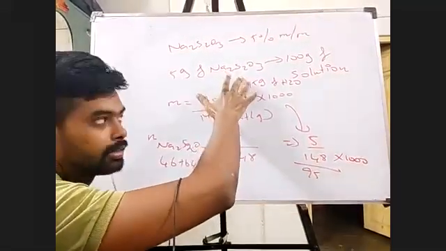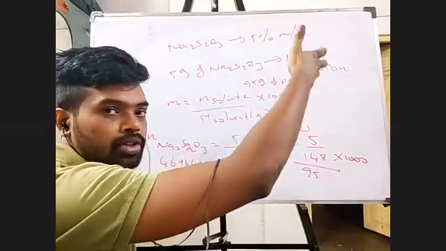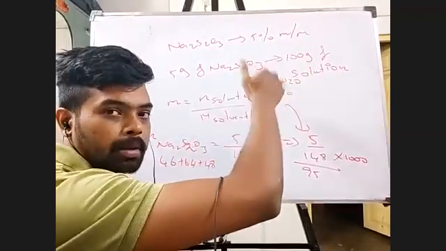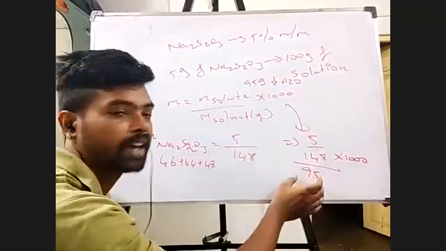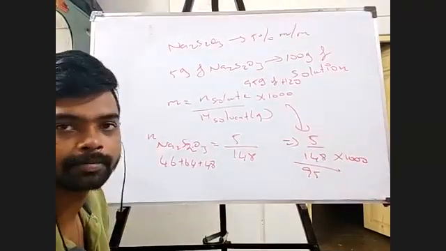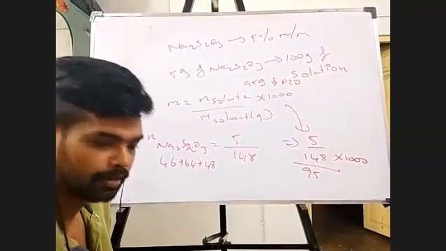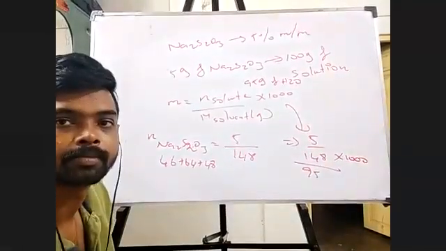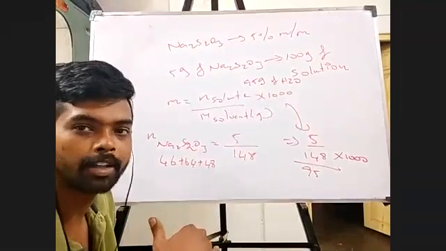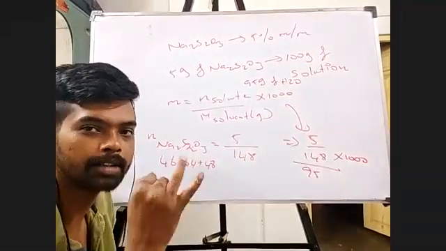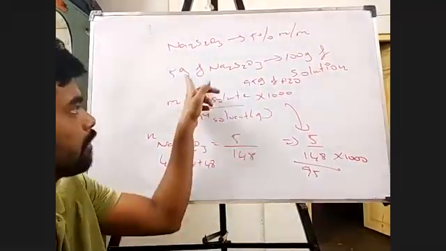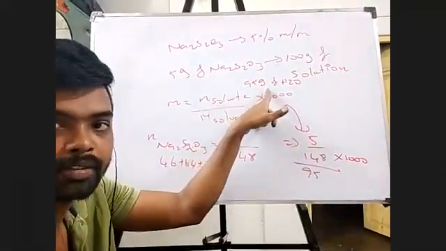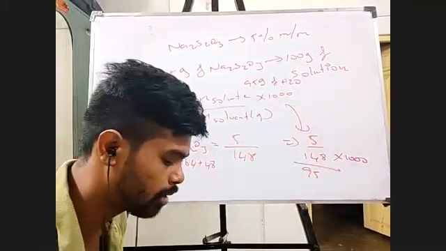5 grams of solute is there, total 100 grams of solution. So obviously the remaining amount will be the solvent. Obviously, 95 grams of H2O is there, into 1000. Understood? Right. Can you quickly calculate the mole fraction and tell me? Now, if I calculate mole fraction, it is like the previous problem. Mass of solute is given, mass of solvent is given. What is the mass of solute? 5 grams. Mass of solvent is 95 grams. Can you quickly do the mole fraction value?